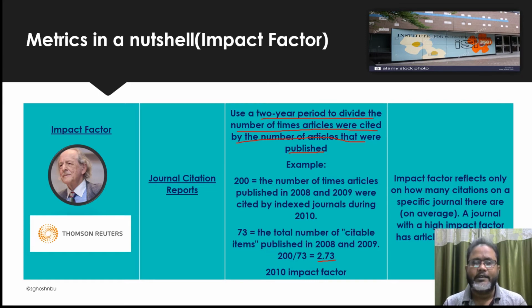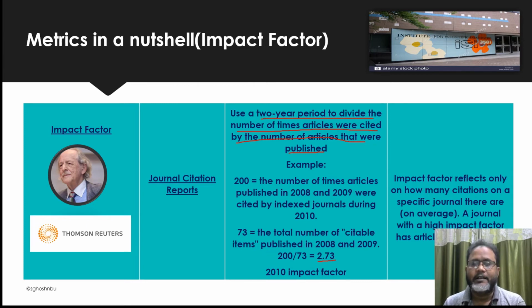That is how many articles were published in 2019, how many articles were published in 2018 in a single journal, suppose journal X, and you counted that, total 73 articles were published. Now out of these 73 articles, we got 200 citations: the articles were published in 2009 and were cited